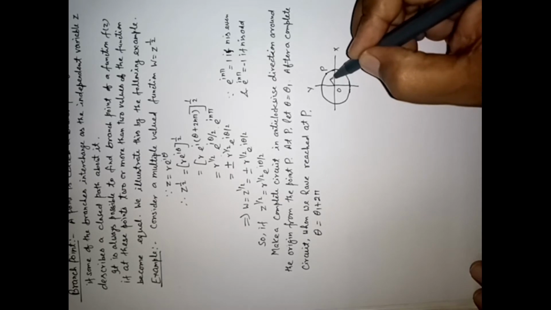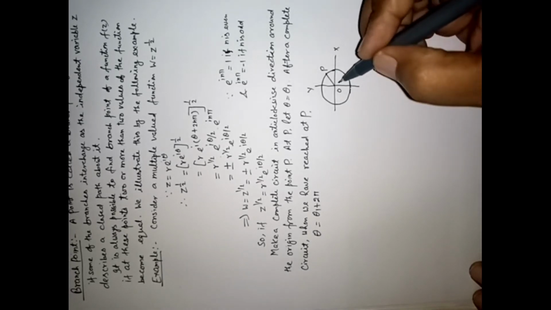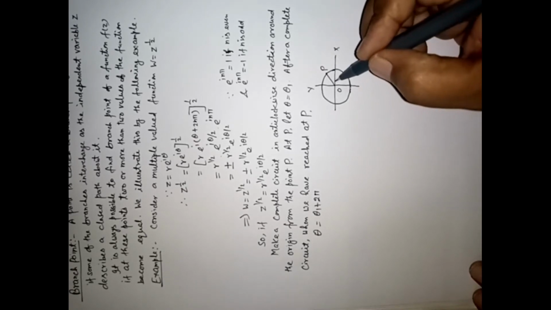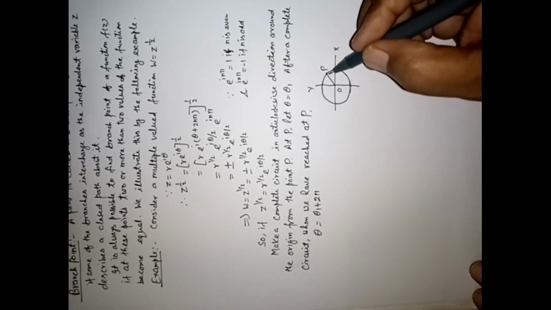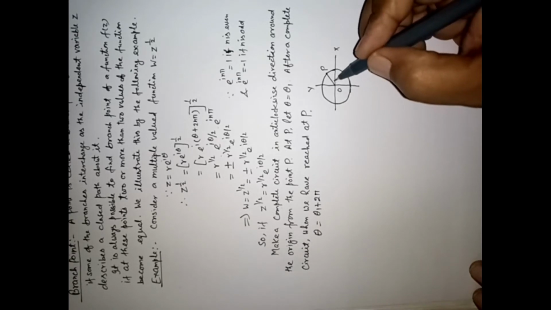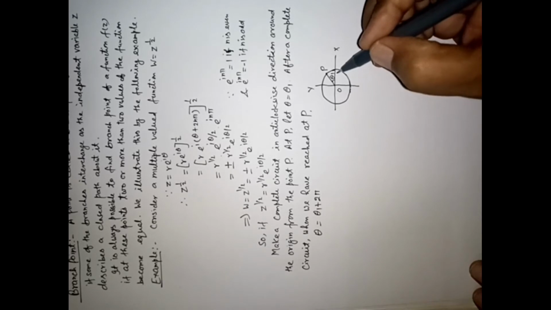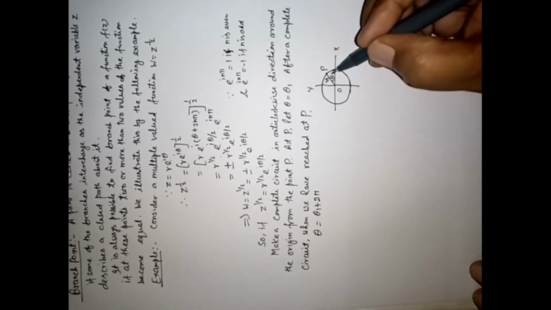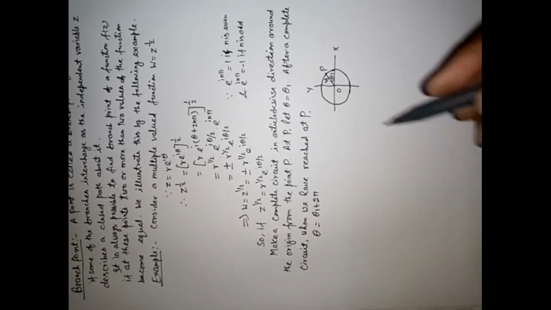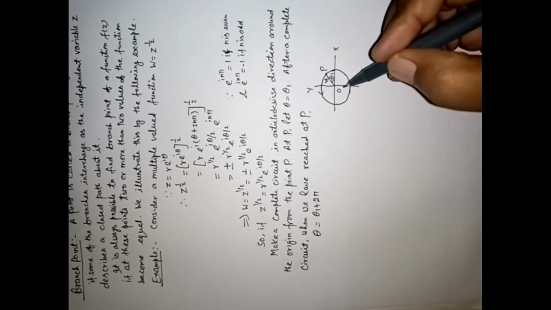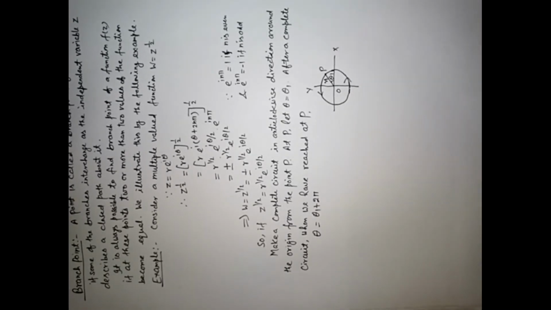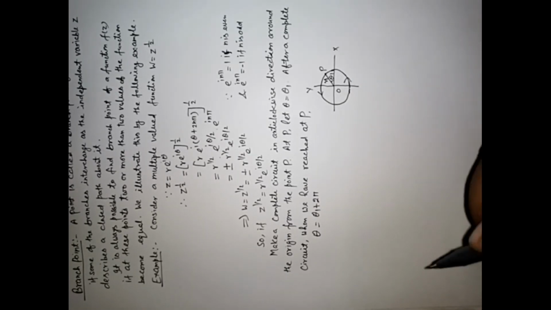Now join O to P. If this point is (r, theta), the distance OP is r and this angle is theta. If this angle is theta 1 and this distance is r1, and the direction is anti-clockwise, we have